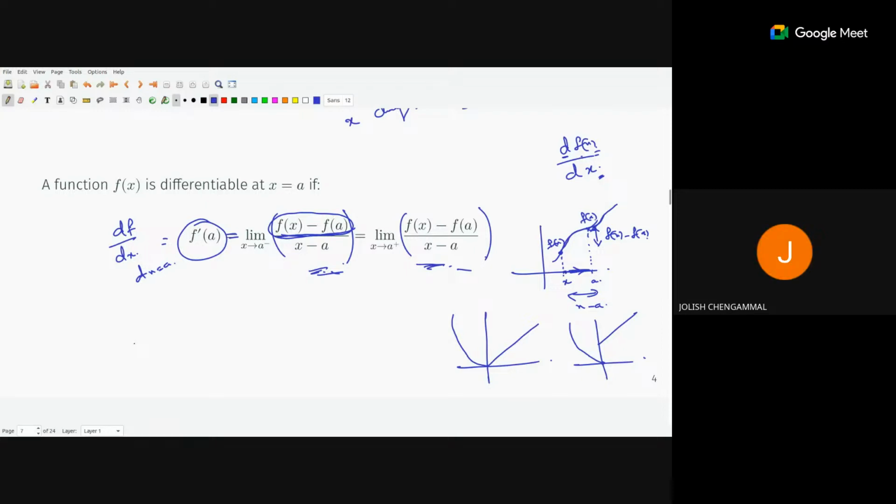If at one point it is not differentiable, we say the function is differentiable except at this point. If it is like discrete points, it is not differentiable. We say the function is not differentiable because it is not differentiable at this point. We say a function is differentiable only if at every point this particular equation holds true.